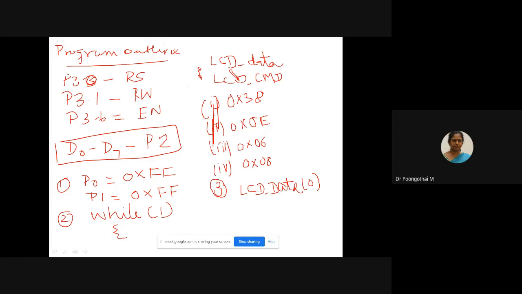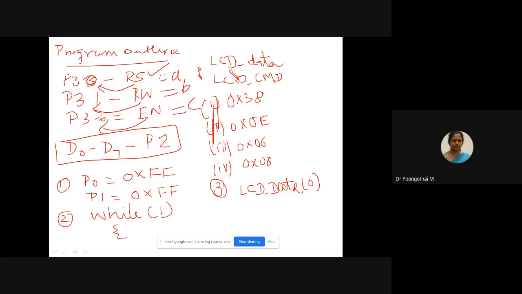Next, assign variables for register select: according to the design, RS is connected to P3.0, RW is connected to P3.1, and EN is connected to P3.6. So this is your declaration part.